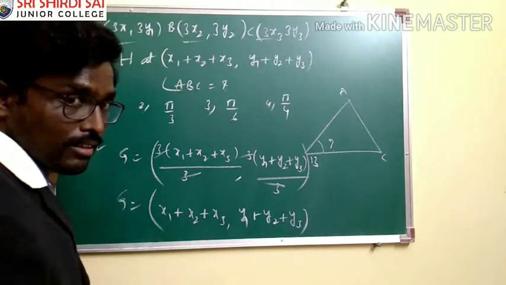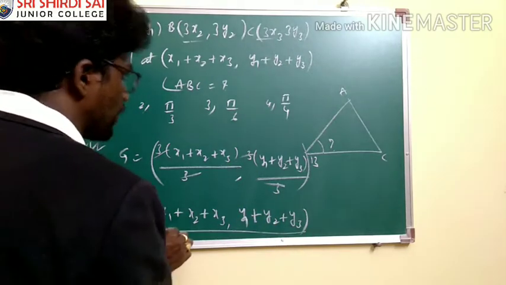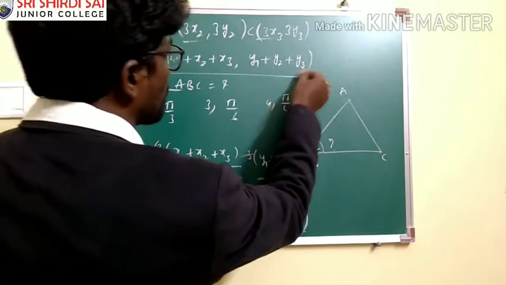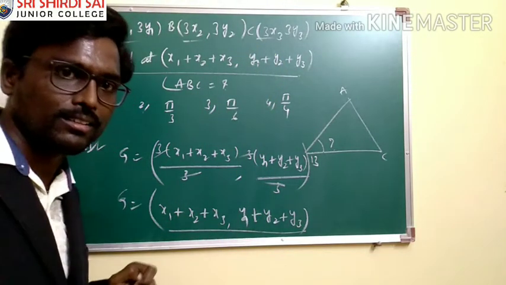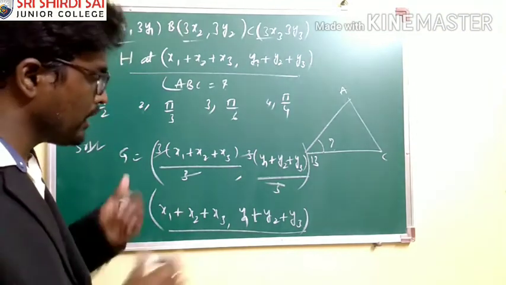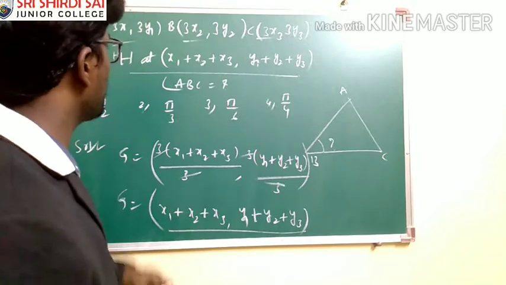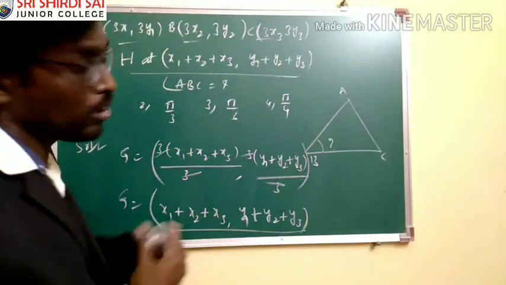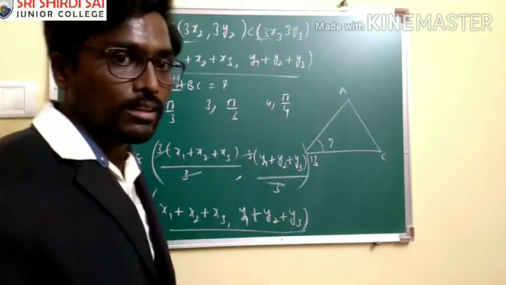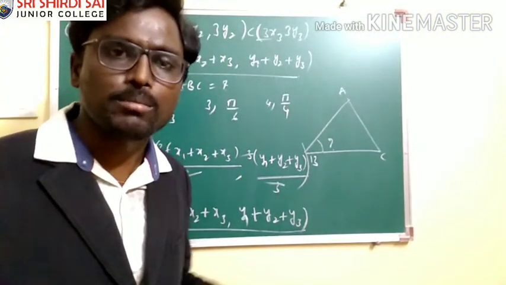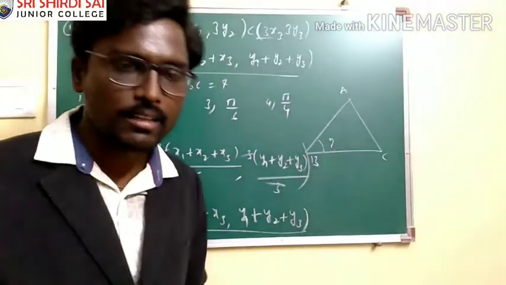Now I think you can get connected with the concept I am telling. Here the centroid coordinates and the orthocenter coordinates provided in the problem are the same. This is a logical point. The coordinates we obtained for the centroid and the coordinates given in the problem for the orthocenter are the same. And hence, in what triangle is it possible? Orthocenter and centroid coincide only in an equilateral triangle.